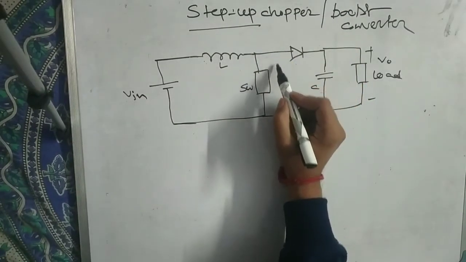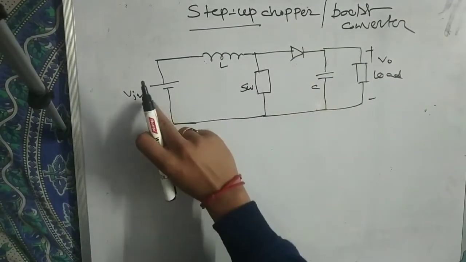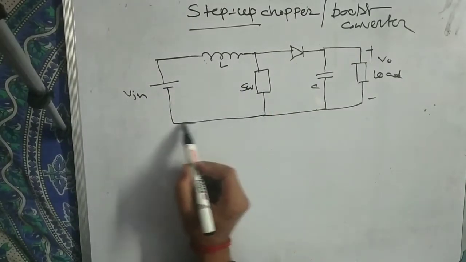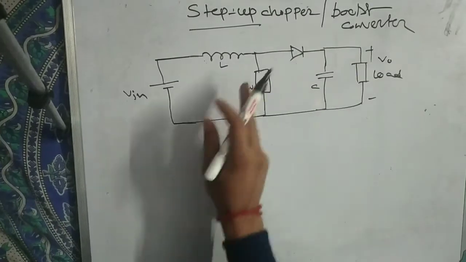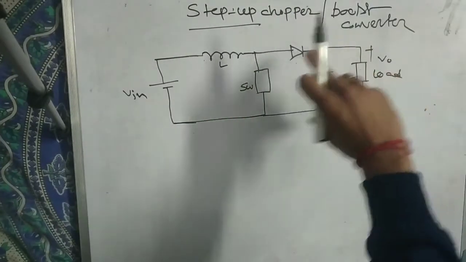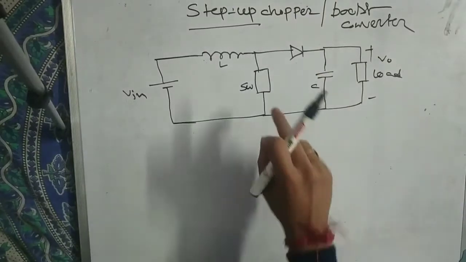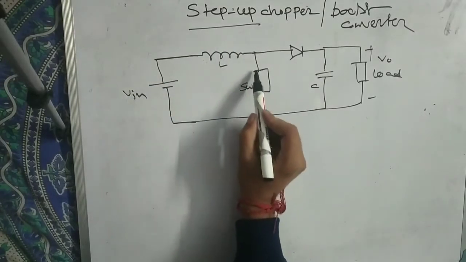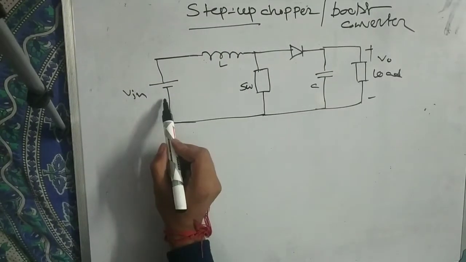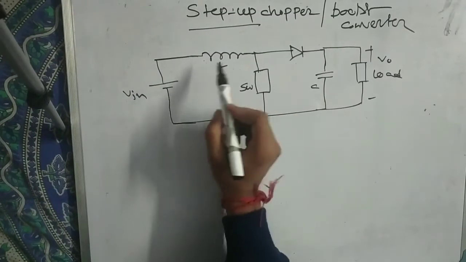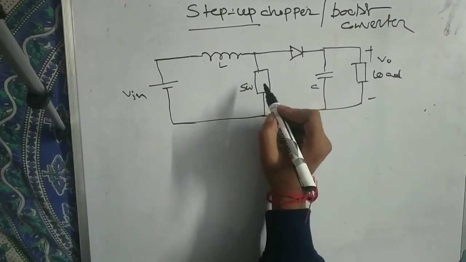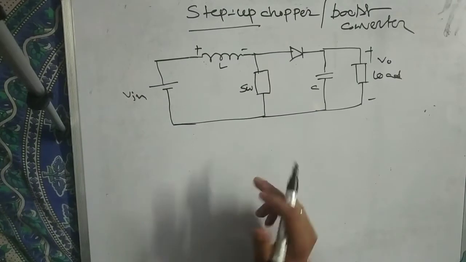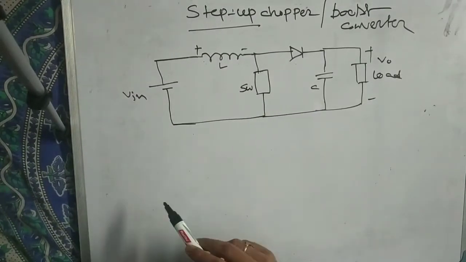Now at first, when the switch is on, this is a short path, with no voltage drop across it. So when the switch is on, the current will flow through the inductor and this short path. The current will not flow through the load, because there is a short path in parallel with it. Current will always flow through the minimum resistance path. The short path resistance is 0, so current will flow through the inductor and the switch and back to the input voltage. So when the switch is on, the inductor will charge.